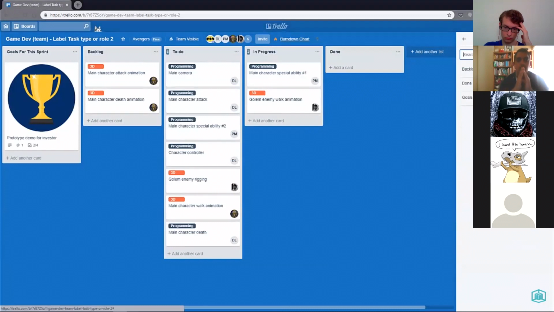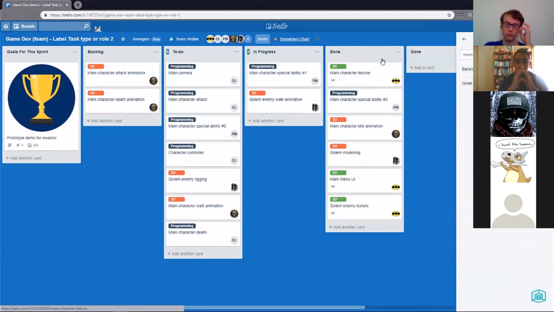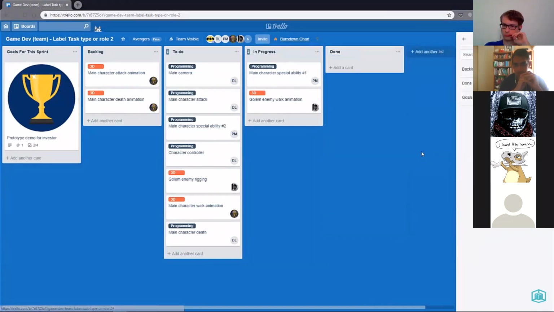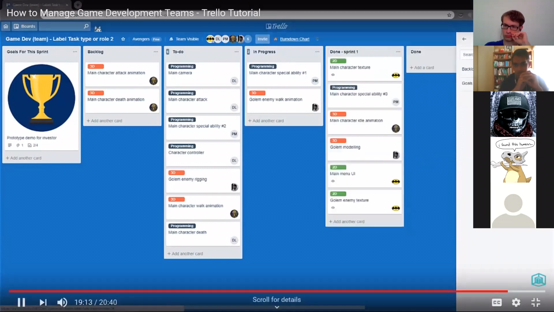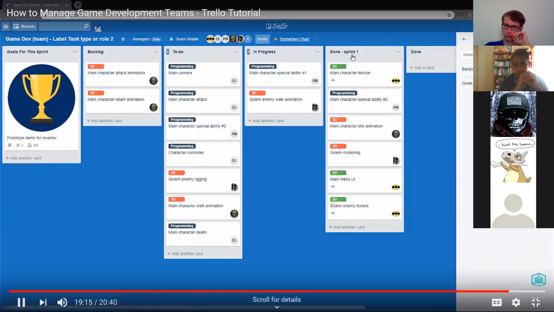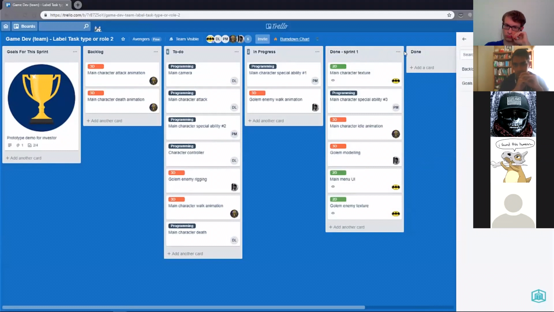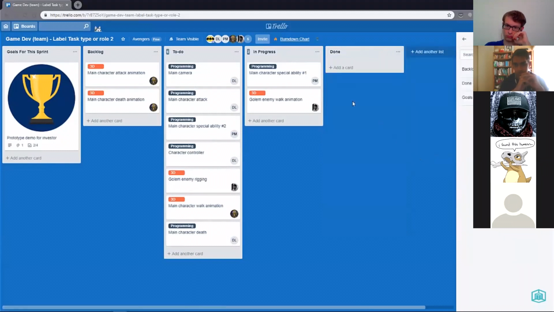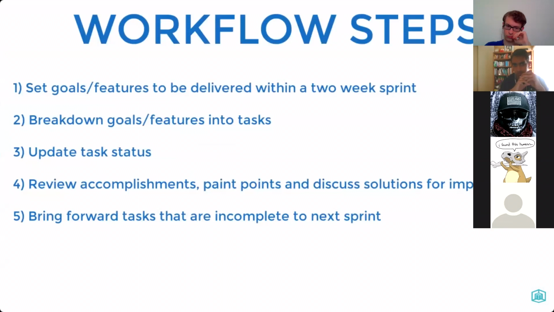There's a bunch of stuff that I've archived before, and then just click Send to Board, and it'll return back to the board. So a smart thing to do would probably be to put in either a sprint number or a date here, so that you know that this done list is for sprint 1. So that when you archive it and when you send it back to the board, you can review this knowing that it's not this sprint, it's the previous sprint. And so the cycle continues.